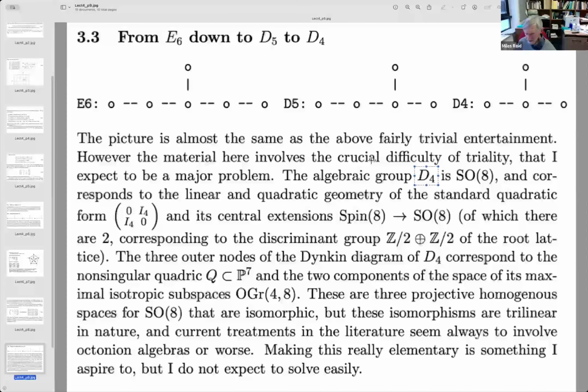The quadratic form of D4, which you can draw directly, has determinant 4. And that means that when you include D4 into its dual lattice,